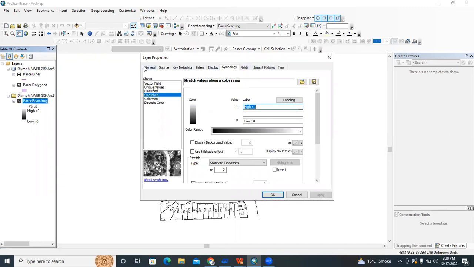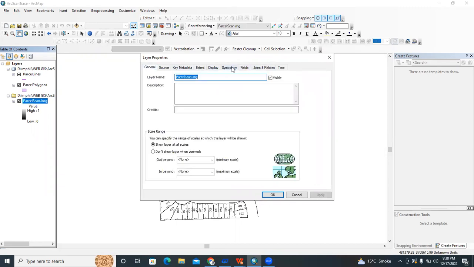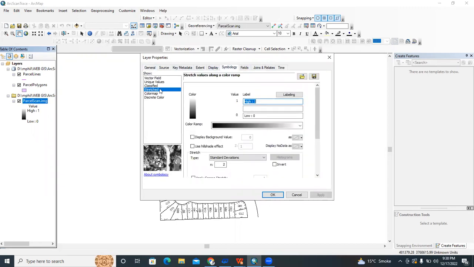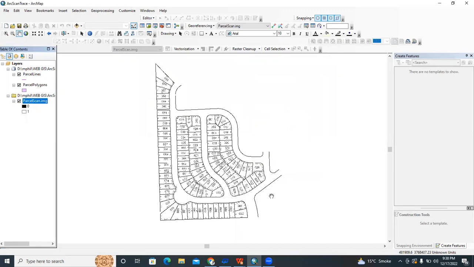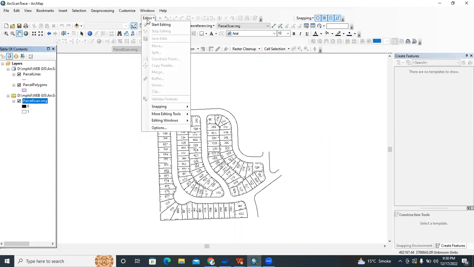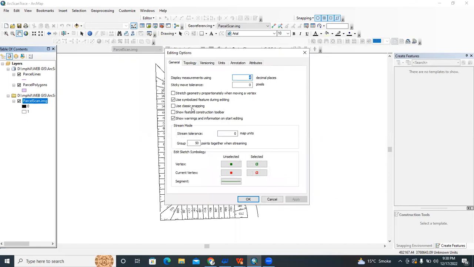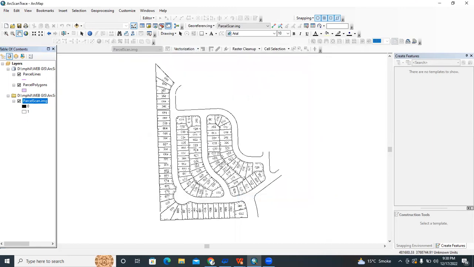And then we need to go in the symbology and check this unique values option, and then okay. The next step in this interactive vectorization is the editor's tab and options. And then I'm going to check this use classic snapping. Check this box and then okay.